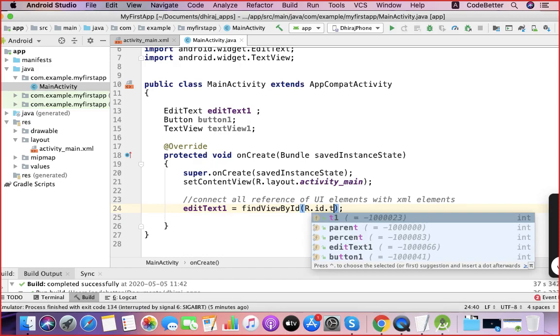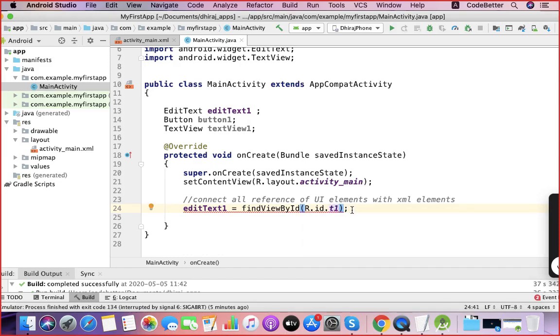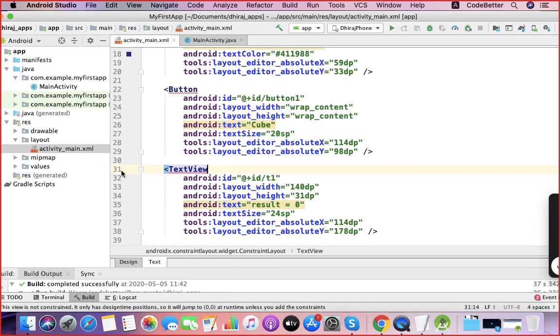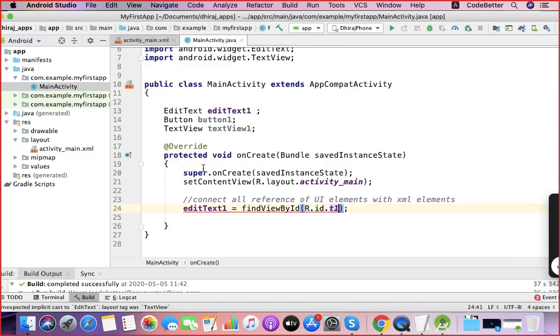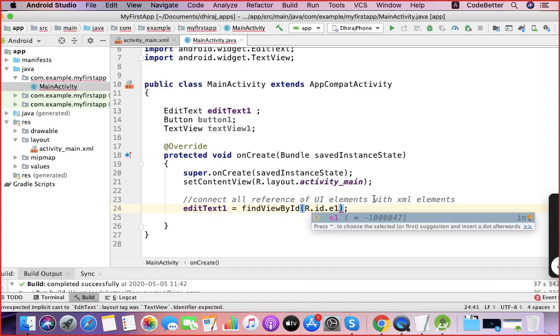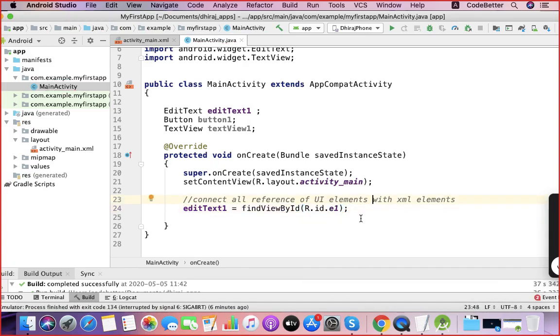Let me again give you the idea. If the ID of edit text is E1, then in the code you have to write here E1. Similarly, let me change the IDs there. Button B1, let's make it B1, and the text view T1.